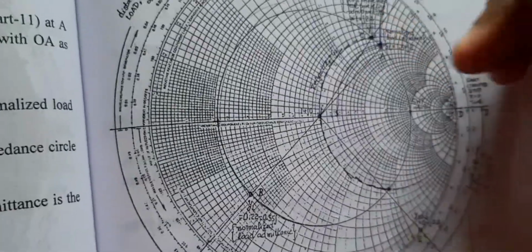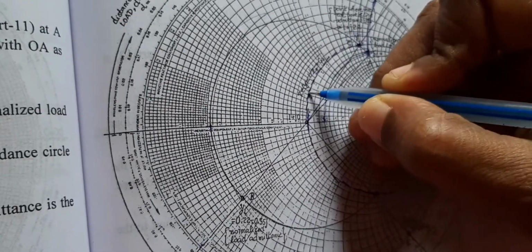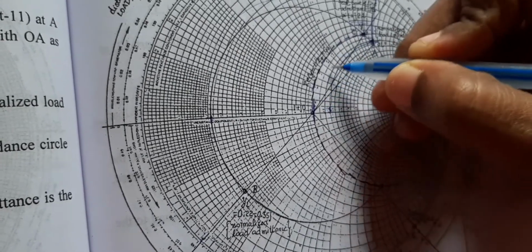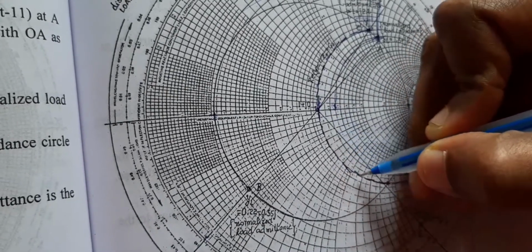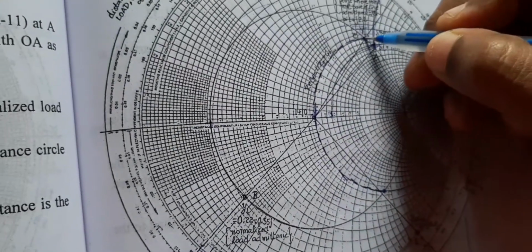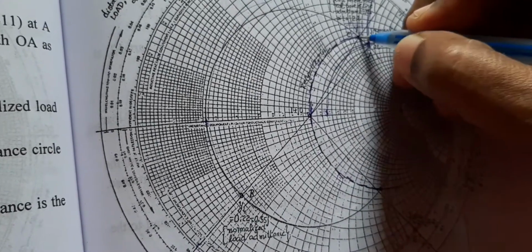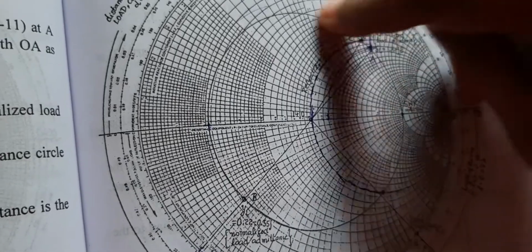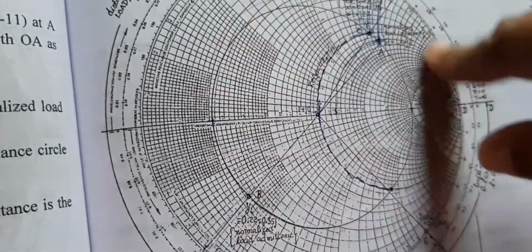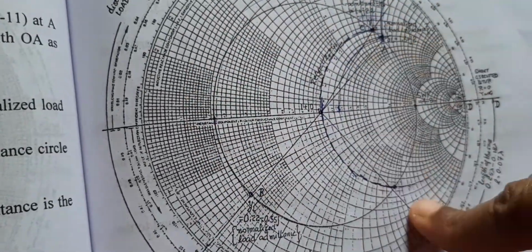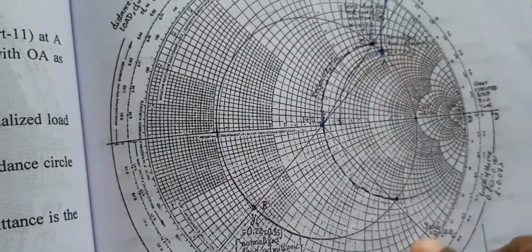And now next, you want to mark the unit circle, with the center point 0. You can mark it by hand itself. So mark this unit circle. Now you want to see the meeting points. The unit circle coincides at two points with the constant S circle. It is coinciding with the S circle at this point as well as this point. There are two meeting points with the constant S circle, one is this point and the other one is this point.